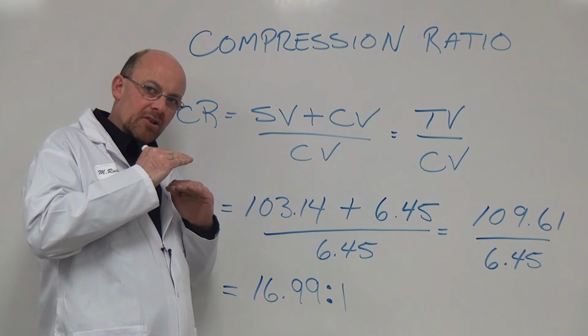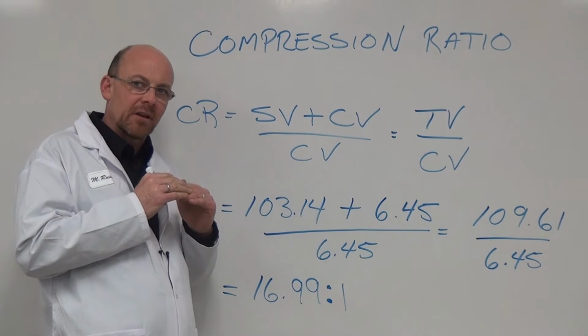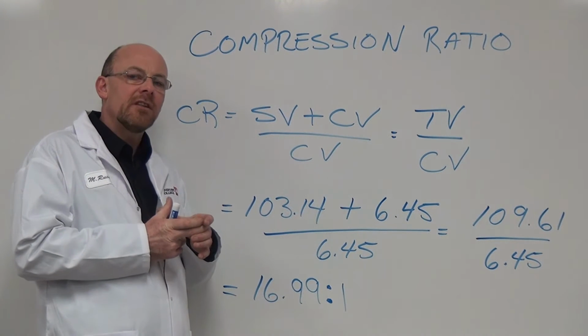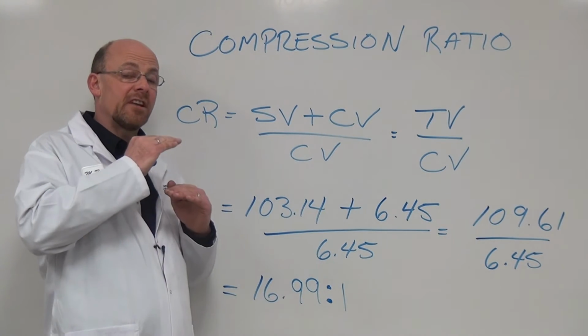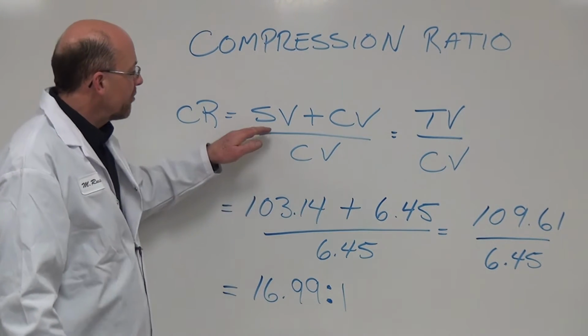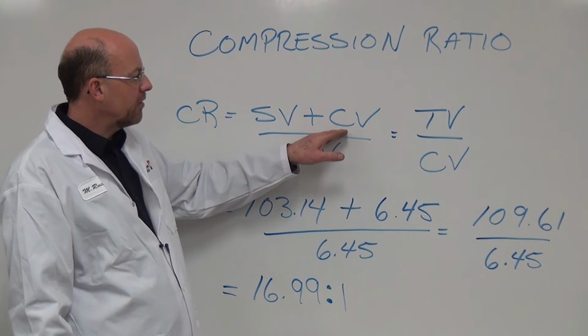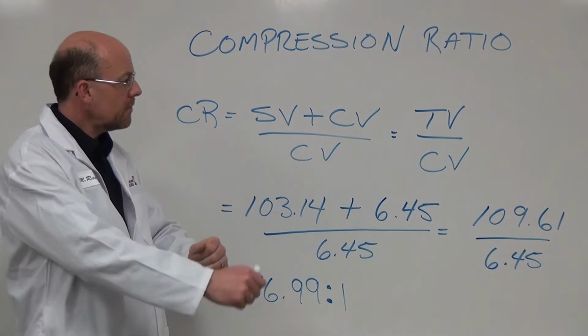In a diesel engine, the combustion chamber is established in the head of the piston. So there is a volume that is in there, and we establish that as our clearance volume in a diesel because they typically do have a very low clearance volume. So the swept volume plus the clearance volume, and again, we always divide it by the clearance volume.